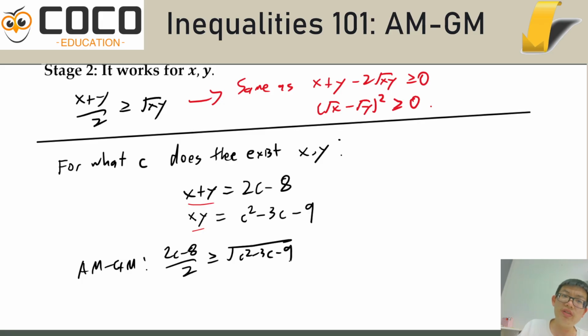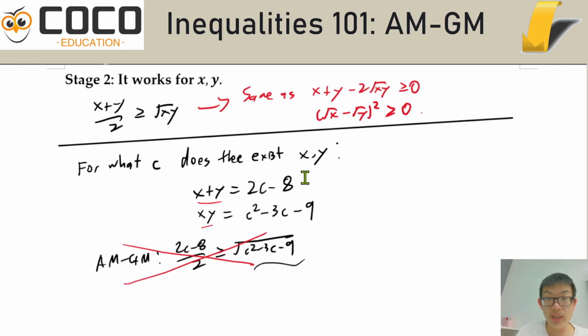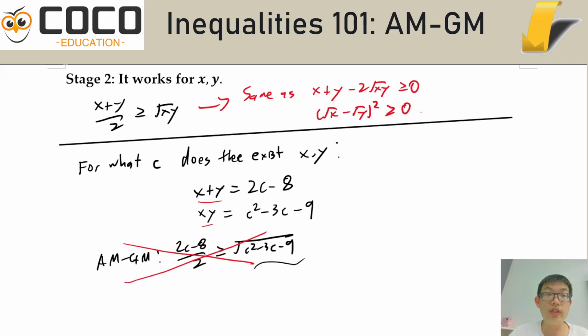There's, however, a bit of a problem, because what happens if that's a negative? Now, when we say that there exist x and y, I didn't say positive. So this technically only works for positive, so we would not want to write this down in this way. We would want instead to make use of Vieta's.